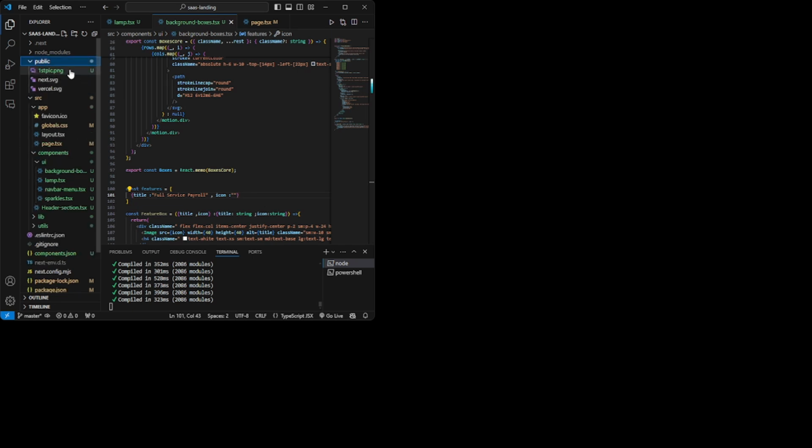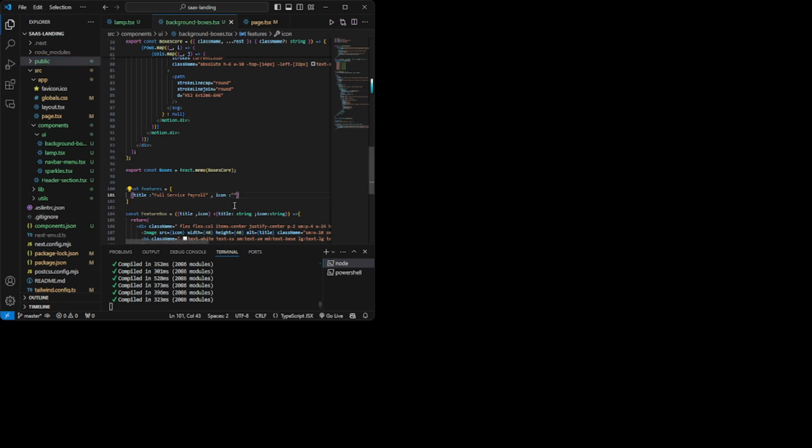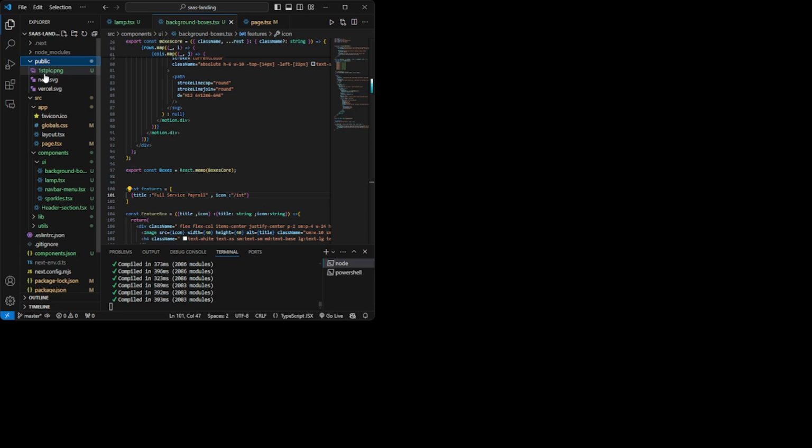You can see this first pick PNG. I'm going to import that. When you have an image in the public folder, we can directly import it by writing the file name, first pick.png. We don't have to import it at the top, then again at the bottom. So this can be done when your image is in the public folder.